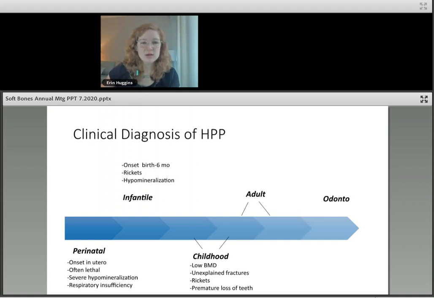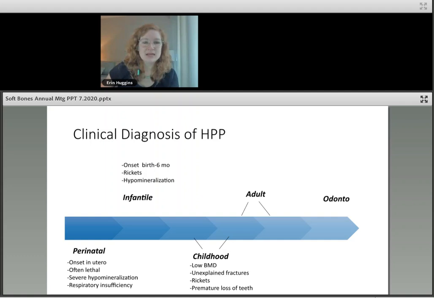Up next, we have childhood HPP, which is where a lot of the overlaps, I think, really begin between symptoms. So children with HPP typically have premature loss of teeth, and that's one of the very first symptoms, which is what Dr. Kishnani mentioned. So I've had parents in the clinic bring me an entire tooth with a root attached to it and say, this is not right, what is going on with my child? And in a lot of cases, that's typically the first sign, and that's due to that poor tooth formation,